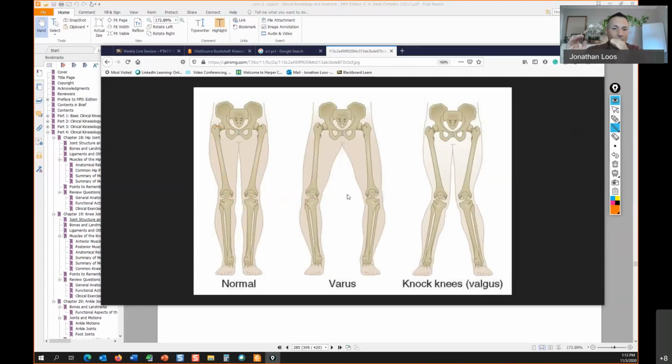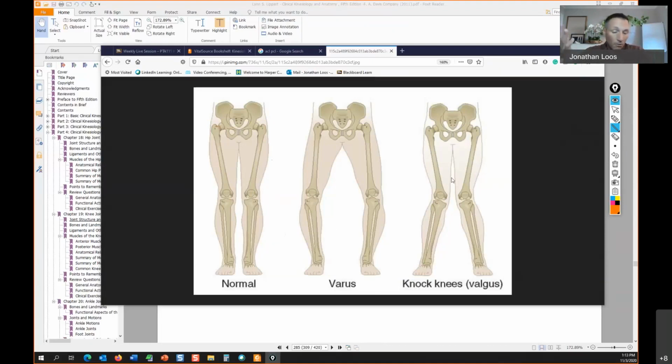And if you have a gap, or the distal end is wider than the proximal end, that's called a varus condition. And the best way to remember this is that varus rhymes with air. And so air can pass through there, right? So if you have a gapping here, there's air that can get through. That's a varus position. If you have a more acute angle where it's coming closer, that's going to be a